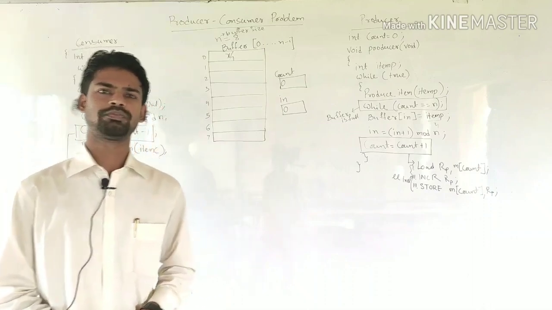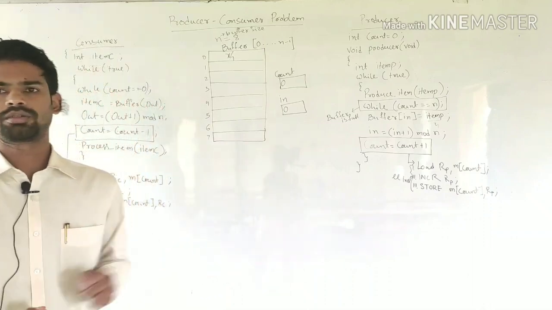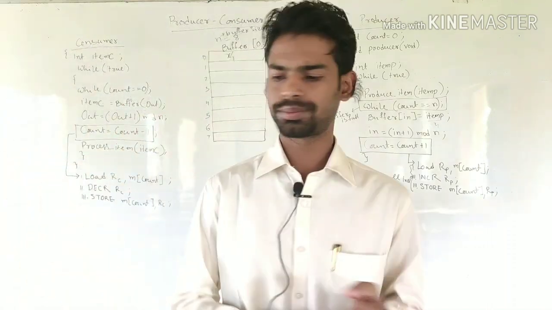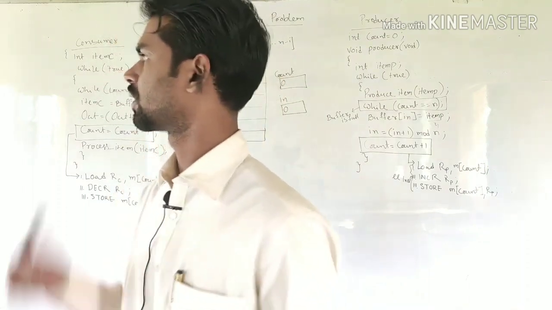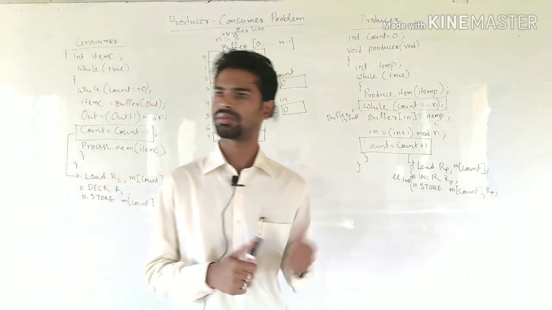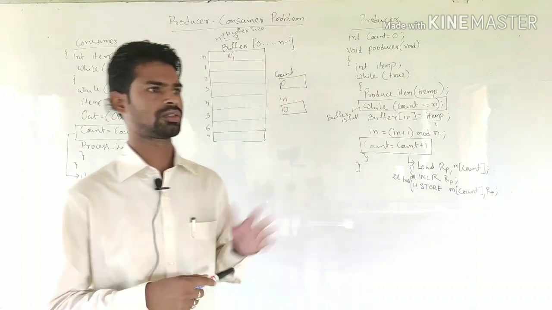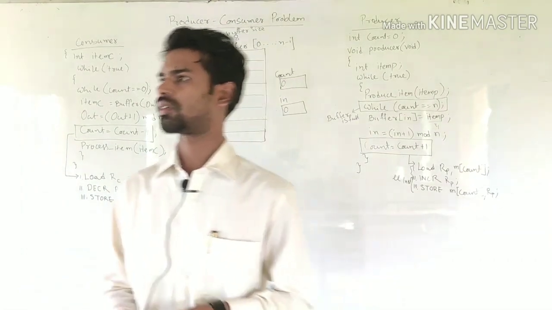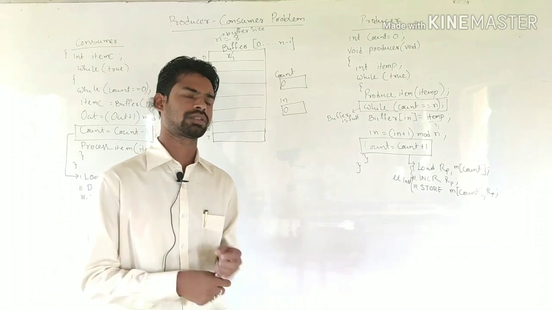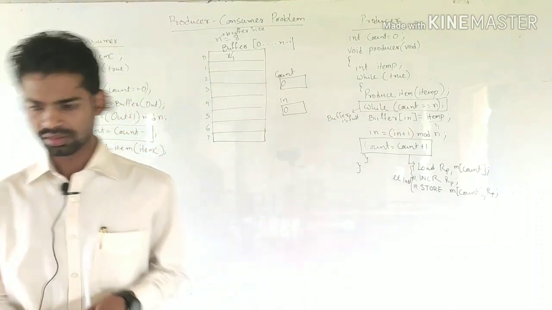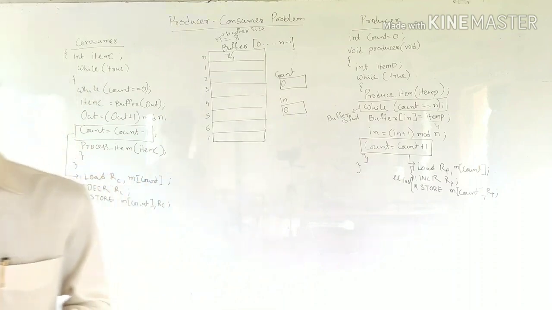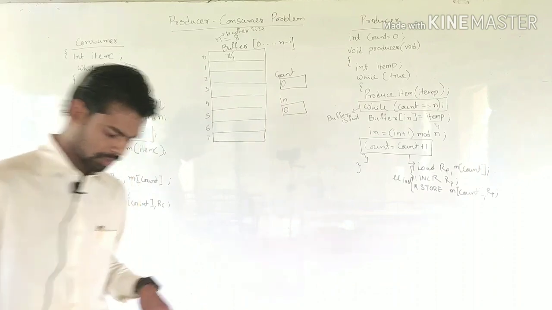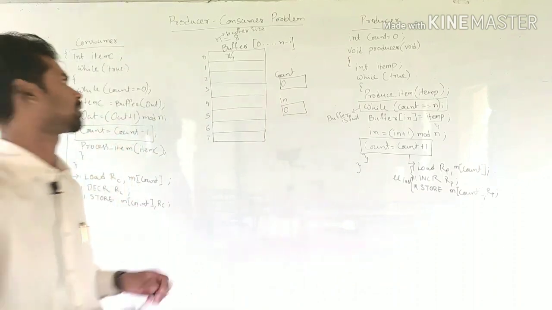Hello, good morning. Let us discuss one problem of synchronization. We know two types of process. One is cooperative process. Here synchronization problem occurs in case of cooperative process. What is cooperative process? If one process affects another process or is affected by another process, then it is called cooperative processes. So synchronization problem occurs in case of cooperative processes.